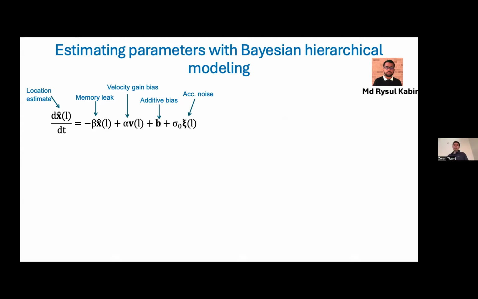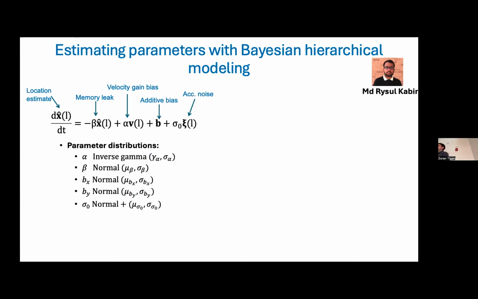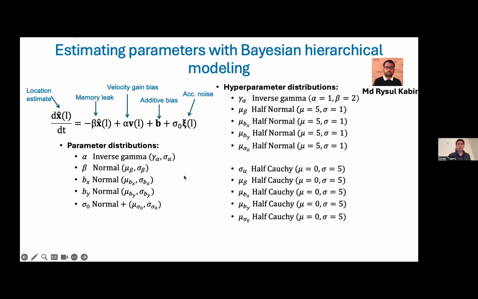So for these parameters, for example, for alpha, we said if alpha is 1, that will be sort of natural path integration. So we can put a prior distribution on that. We can also say beta should be 0 and so on, the perfect scenario. We can put a prior on that because we know that huge values, for example, of alpha would be unrealistic and unlikely to be observed. So we set some priors on each of those parameters. Each of those prior distributions themselves have some parameters which are also drawn from some other distributions. These are our hyperparameter distributions, and then we can fit the model.